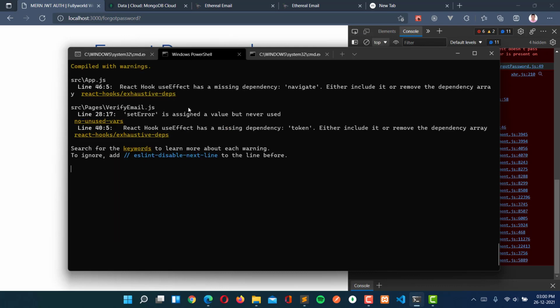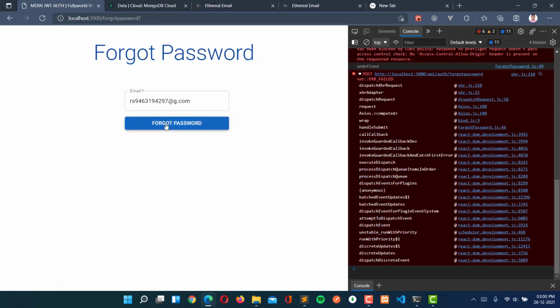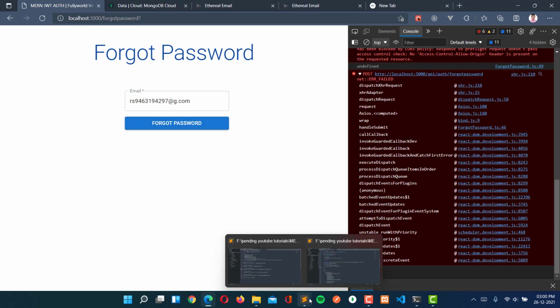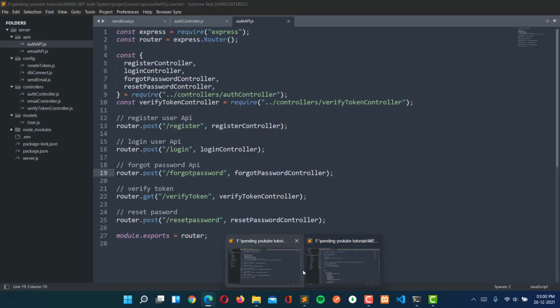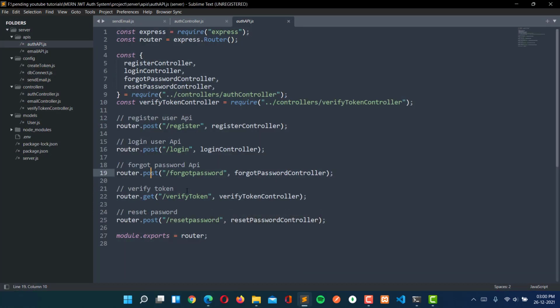Here we are not getting any error. So why are we getting this error here? We are sending the email also. That is /forgot-password.